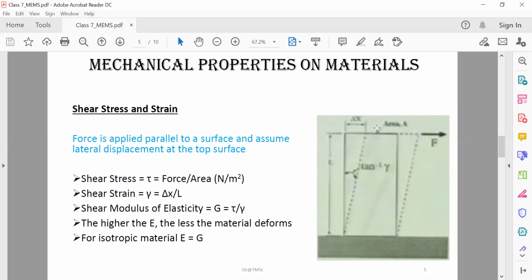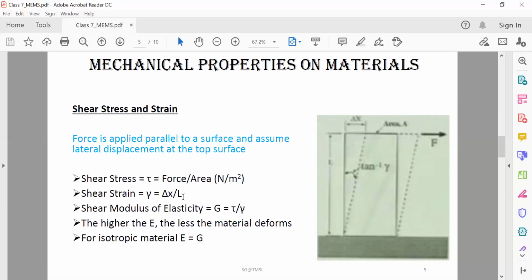This dotted line is the new position. So what is the change in delta x? Delta x is the change in the direction in which we have applied force, the displacement. So this delta x divided by length L, one side of this particular object,